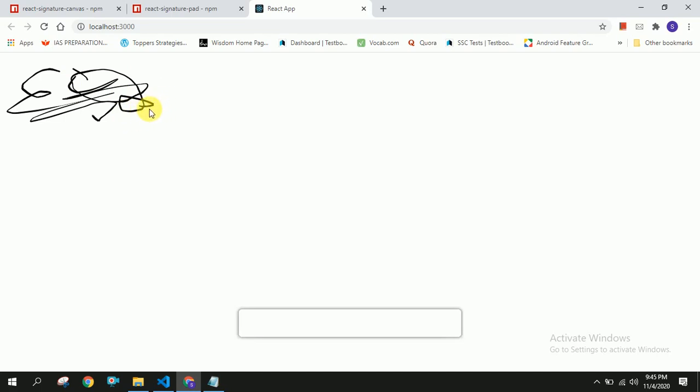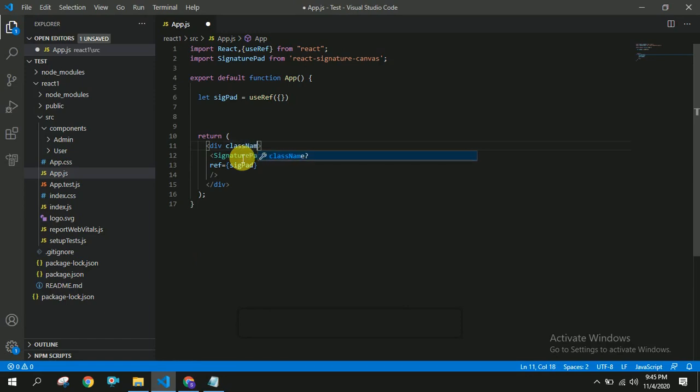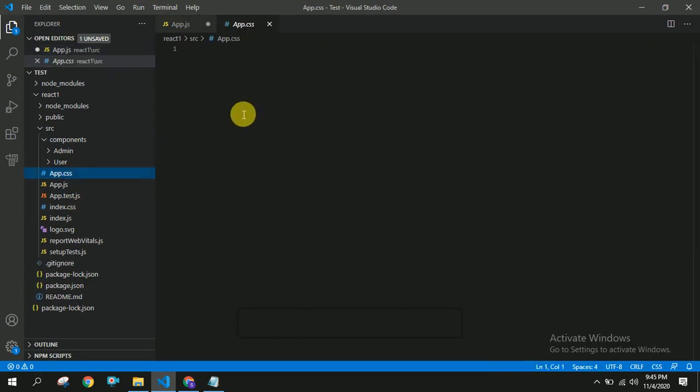For our convenience, we are going to use some styles to show the signature pad, and for that I am going to use className equal to signature, and in the app.css I am going to use signature. I have some styles, so I'm going to write here.